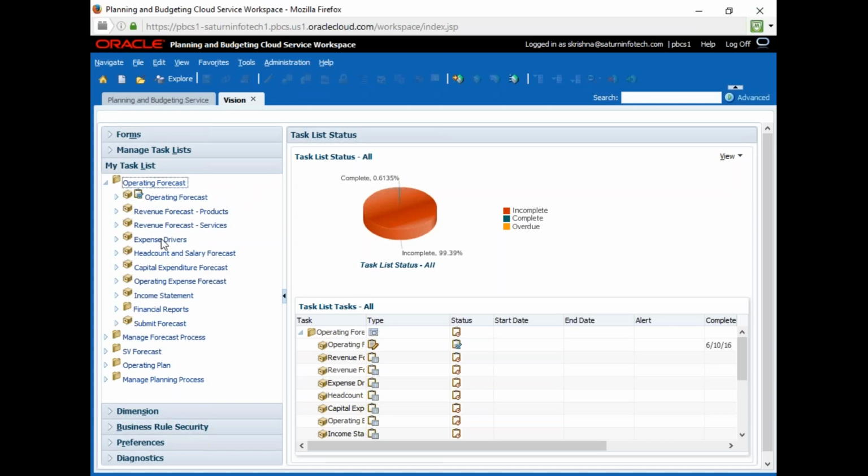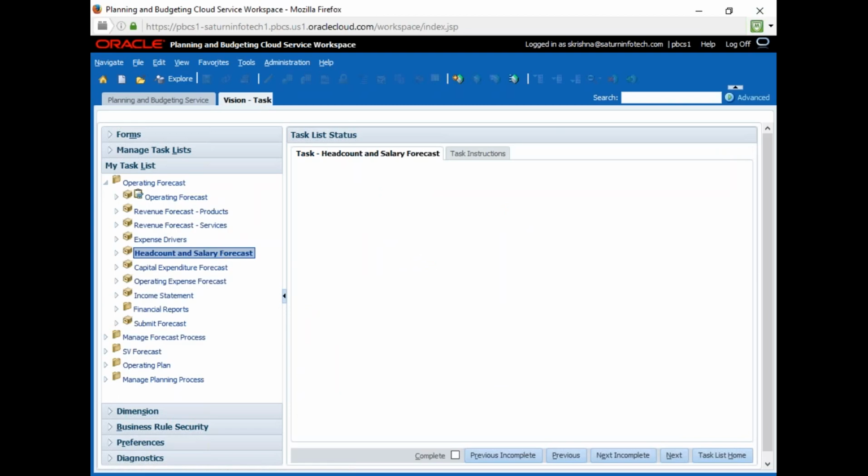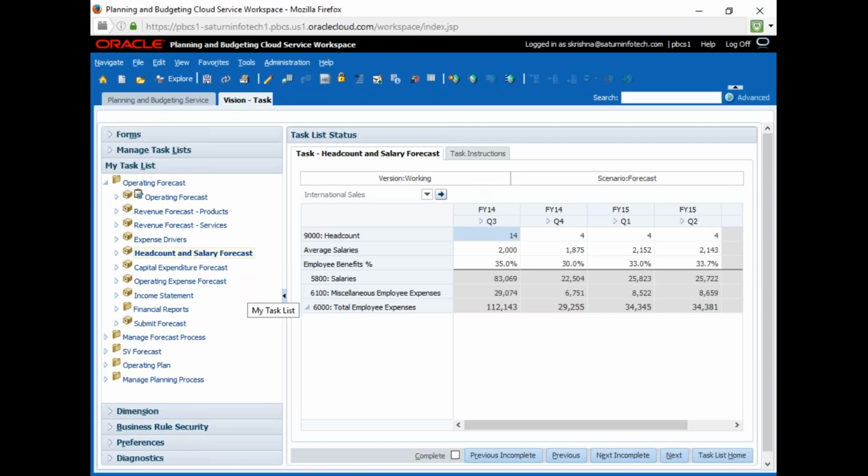We can have multiple tasks involved. Just to give you an example, let's start with the headcount and salary forecast. On this task, it is going to open a web form. Each task can take you to either a web form, a report, or a business rule based on what the requirement is. Initially, we'll have the users go in, view the numbers in the web forms, make some